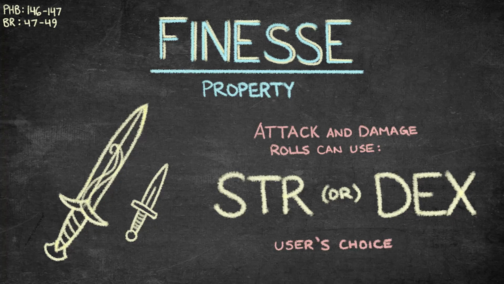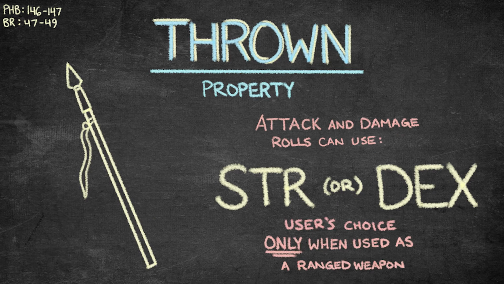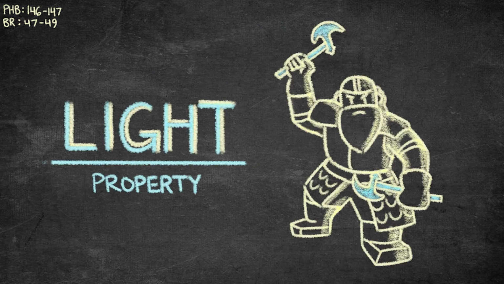I mentioned earlier that melee weapons will use your strength modifier, while ranged weapons will use your dexterity modifier. Weapons with the finesse property, such as daggers and short swords, can choose to use their dexterity modifier instead of strength despite being melee weapons. And weapons with the thrown property, such as javelins, can choose to use strength instead of dexterity when being used as a ranged weapon. And weapons with the light property are ideal for those who wish to fight with a